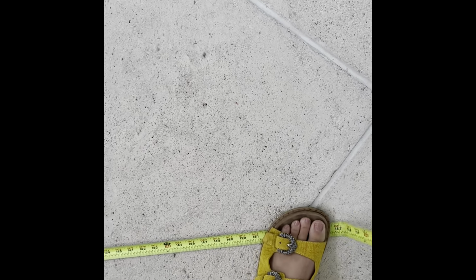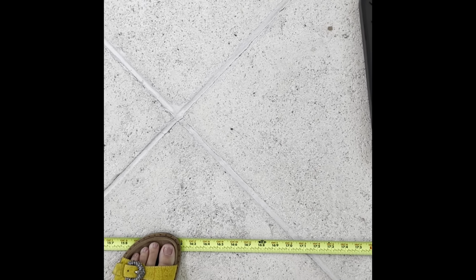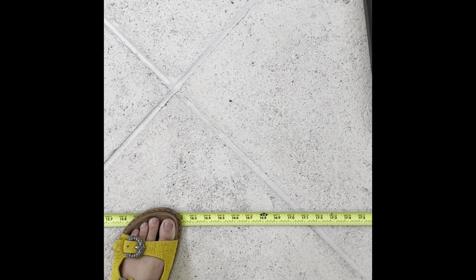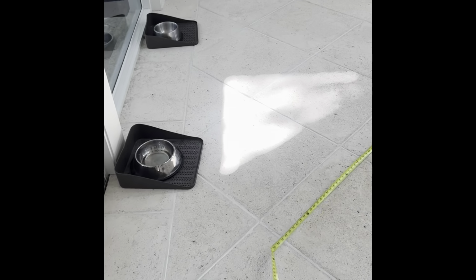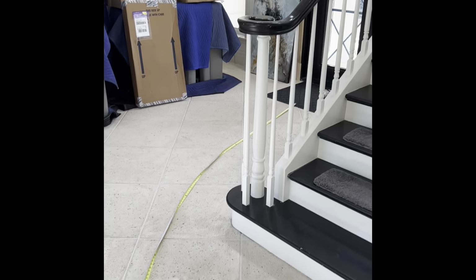This room is huge, and from the front door to the second set of sliders, which are on the first floor, we are talking about a room that is, forgive me here, 15 feet, 11 inches, so basically 16 feet by probably 24. So, just so you get an idea, it's from there, that corner over there,